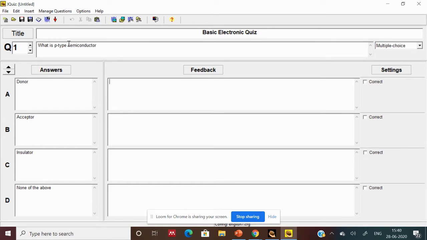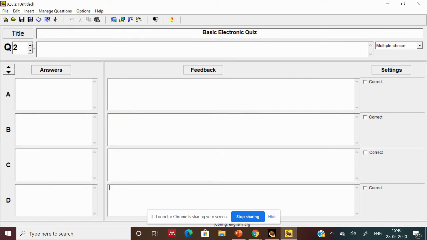Suppose which one is correct? P-type means acceptor, so you put a tick for correct here. If you want to give feedback, write like "Try again" or "Well done". Any feedback you want to give, you can give here. Our first question is fixed.